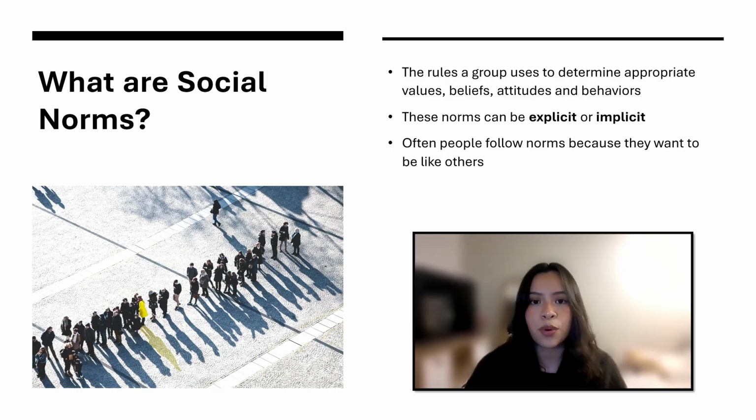We often use this example right here. Right here is a picture of people standing in a line, and research has found that if a line is forming, people will sometimes join the line, even if it leads to nothing, simply because they assume others are standing there for a reason. This is really important for health behaviors, which is why social norms are used so often in prevention campaigns.